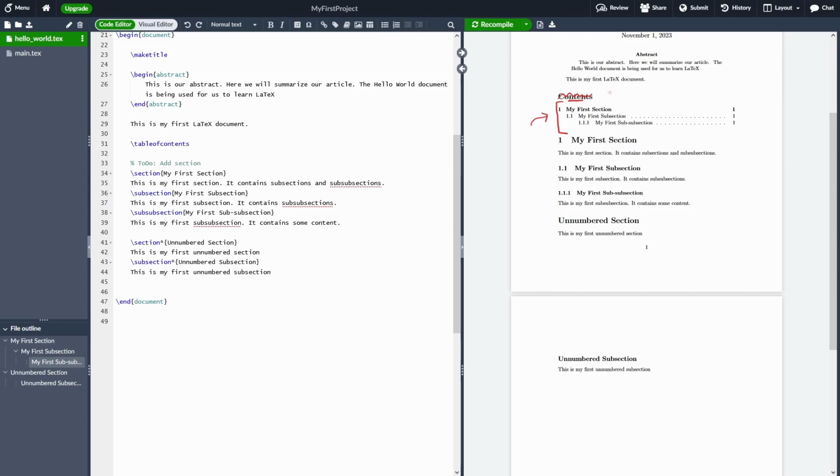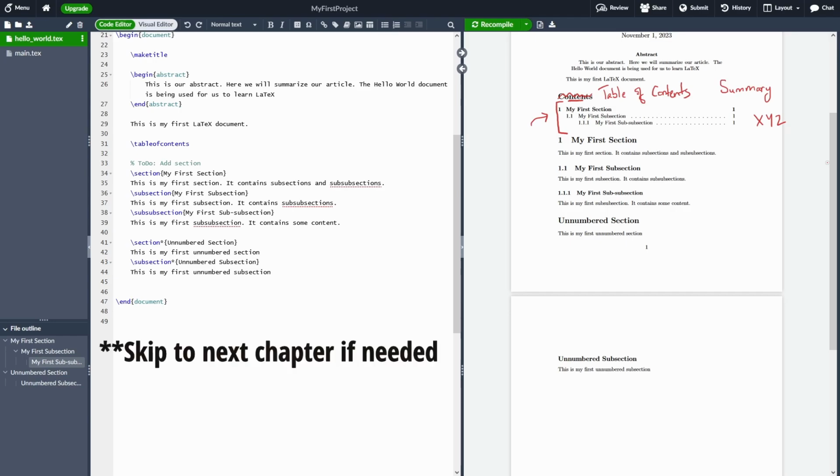For instance, we can set this to table of contents, right? Instead of just the contents heading, we can change it to table of contents or something else like summary, anything that you want it to be, XYZ. In the next part, we will look into some of these commands. However, this is entirely optional. It is a bit advanced. So if you're a complete beginner to LaTeX, you can skip ahead, but know that it is possible to make